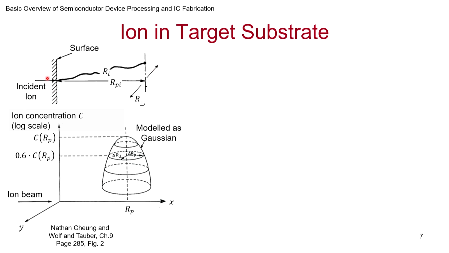So, typically you have an ion that is coming in that crashes in, and it will crash in normal to the surface. Why is it normal to the surface? This goes back to electrostatics. We know that all fields emanate normal to the surface that you have. So, the ion, unless it is suddenly changing direction or something, is actually coming straight along the electrostatic field lines. So, it will end up crashing normal to the surface.